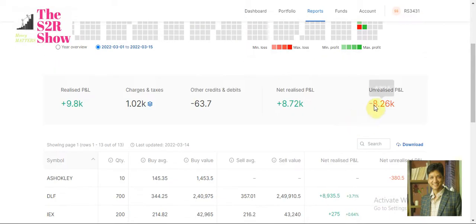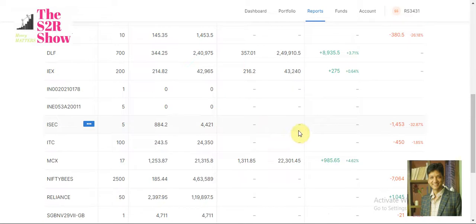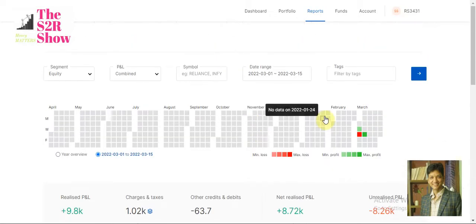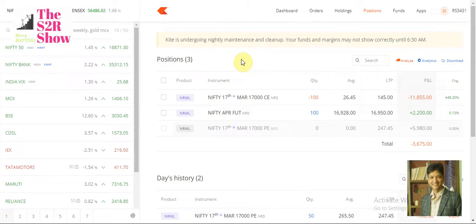What we do basically is straddle and strangle, and some of the times I buy stocks if they are available at a good price. So guys, I also share my trades, my profits and losses. I have seen many channels that do not share their trades. I always share my trades, my open positions, what I am doing. If you want to copy them, you can, but as I always say, the basic requirement is that you should have good margin, because sometimes you require more margin to adjust your positions.